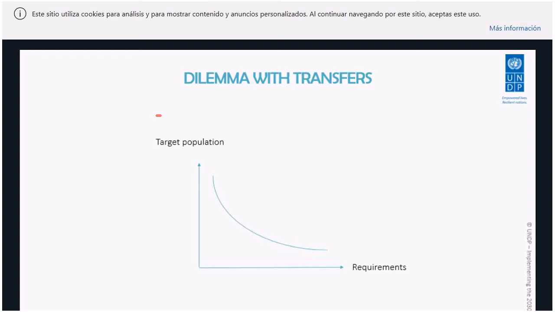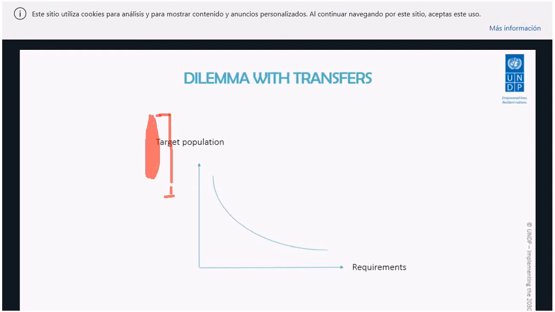And what do you need in terms of criteria or requirements to implement this? Probably just one requirement, which is being poor. If individuals are identified as poor, all of these will be recipients of these